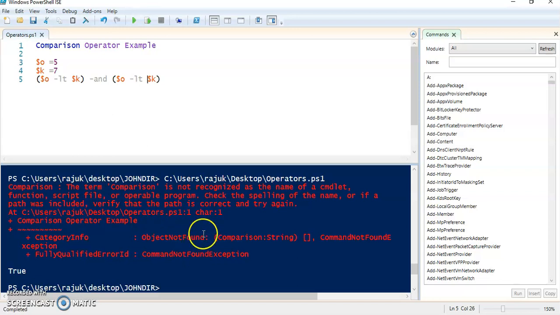This is called the comparison operator. Thank you.